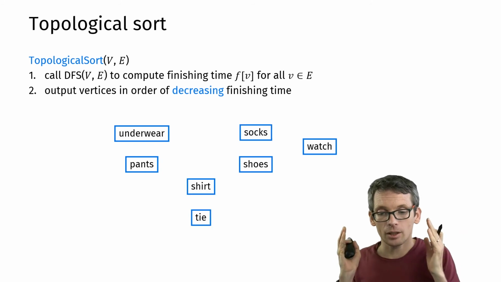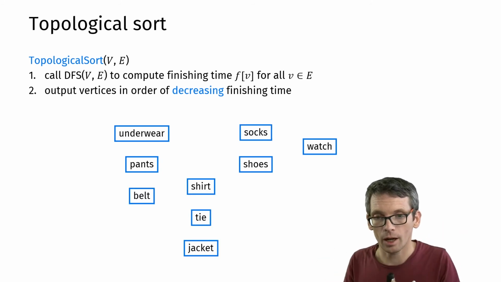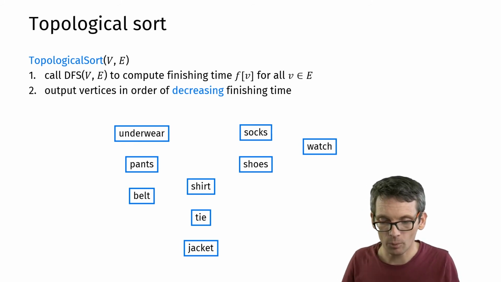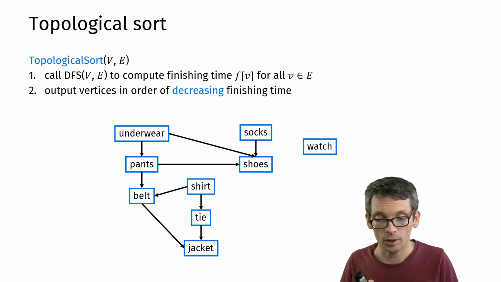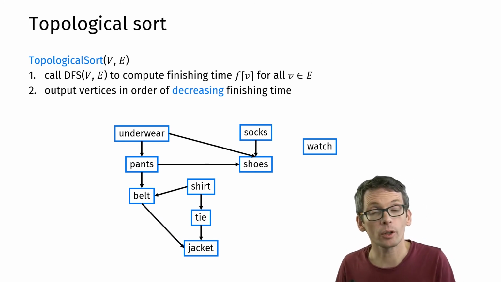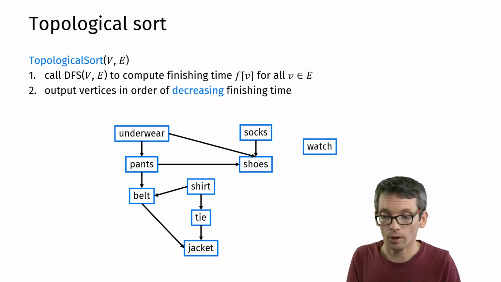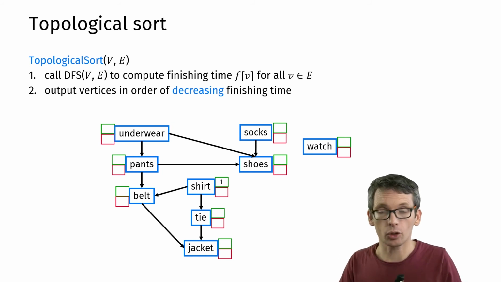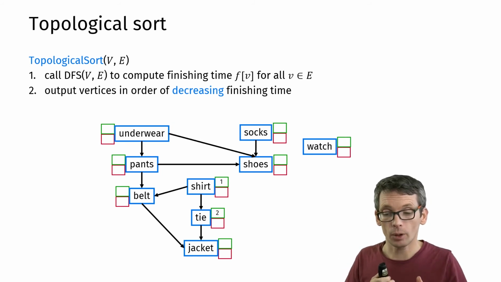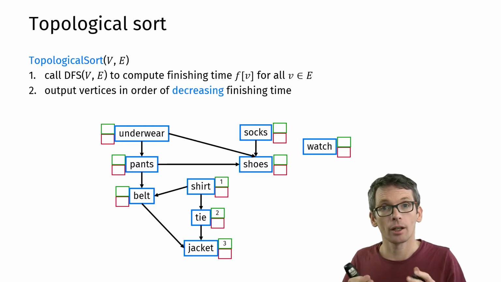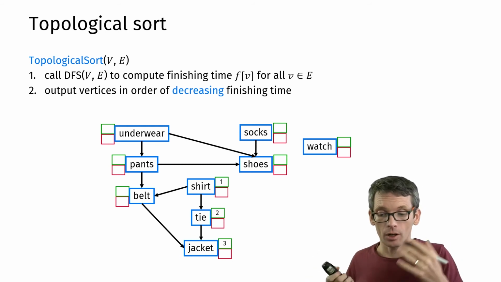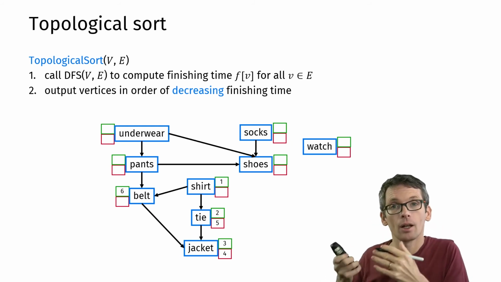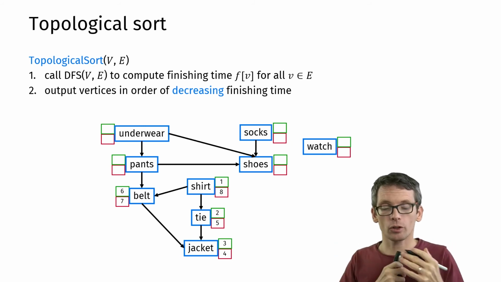So let's look at this as an example. So here we have a morning routine and dependencies between those. So someone is getting dressed, and for instance, you should be putting on the socks before you put on the shoes, or the shirt before you put on the tie. The depth first search starts somewhere. Let's say it starts at the shirt. We can continue with an adjacent vertex, a tie, with an adjacent vertex, a jacket. The jacket doesn't have any white adjacencies, so we finish the jacket, we finish the tie. The shirt still has a white adjacent vertex, namely the belt. Now we finish the belt, we finish the shirt.